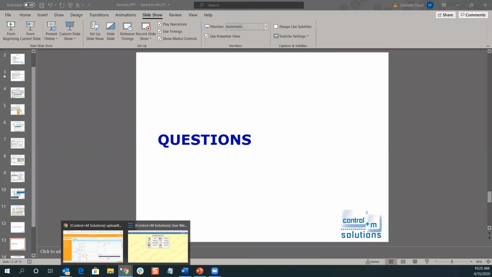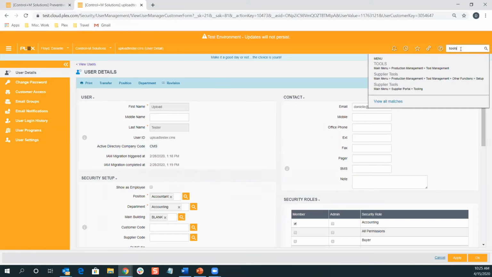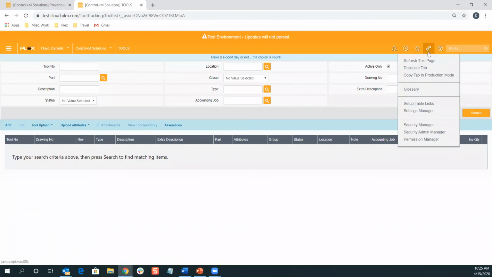That's a good question. I'm not entirely sure about any role or screens that are, well, every screen is basically tied to an action. You need to provide somebody an action to access almost any screen within UX. A good way to do that is by using a screen called the Security Admin Manager. I'm just going to go over to the tool screen, for example. Up here in this gears icon, there's a link called Security Admin Manager. And if I click on that,